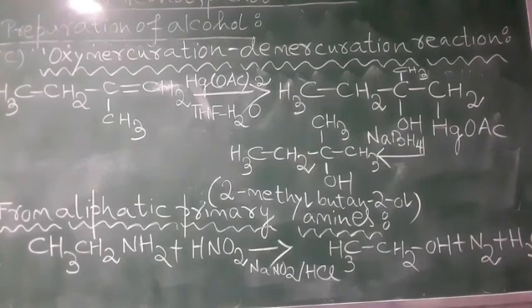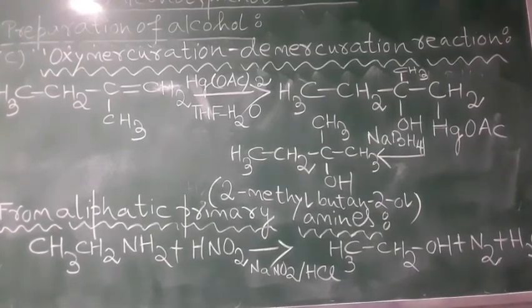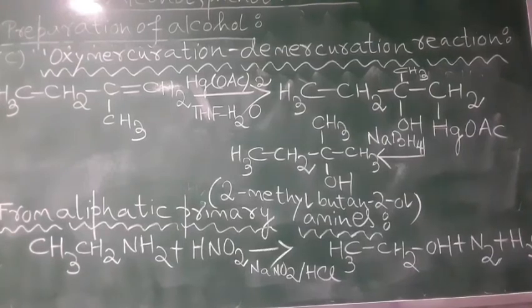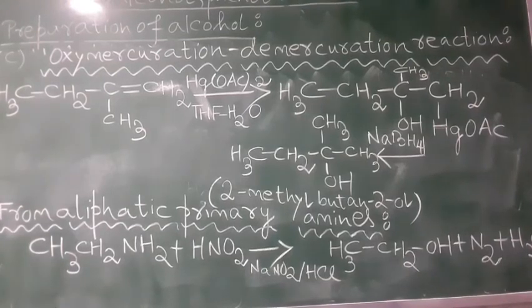So what we generally do is take a mixture of sodium nitrite and dilute HCl. Sodium nitrite when added to dilute HCl will produce nitrous acid, and we are using this nitrous acid to prepare the desired product, that is the primary alcohol, plus we are getting